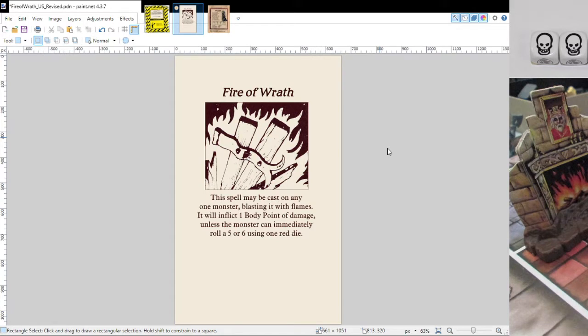So here, it's just really simple. When you're done, you go up here and flatten the image, which turns it into a single layer, and then save as. I give it a PNG extension, and then you've got this individual image.